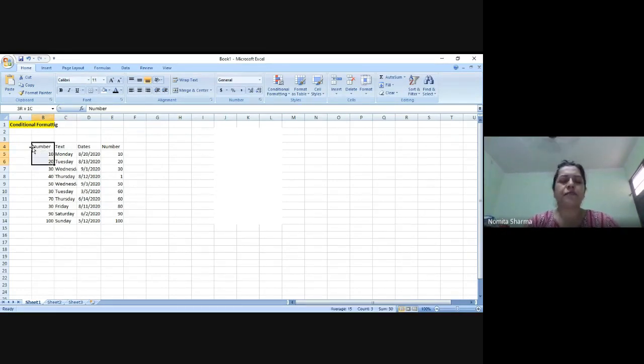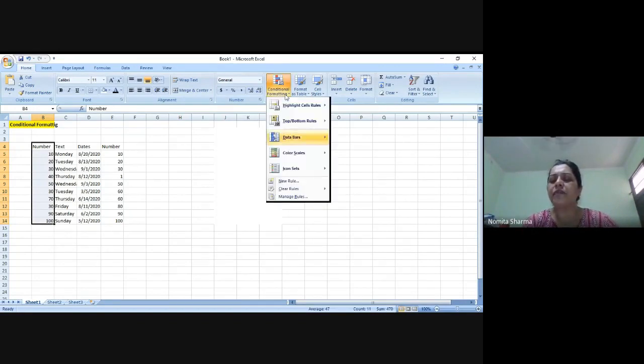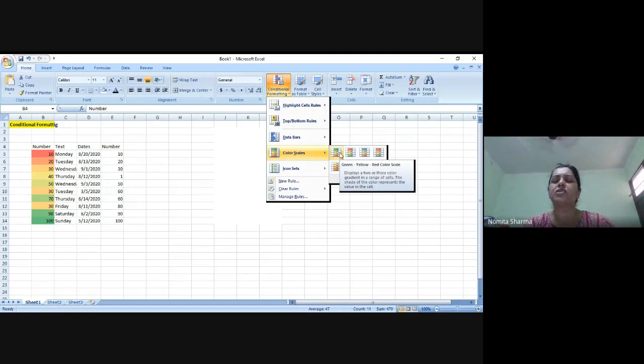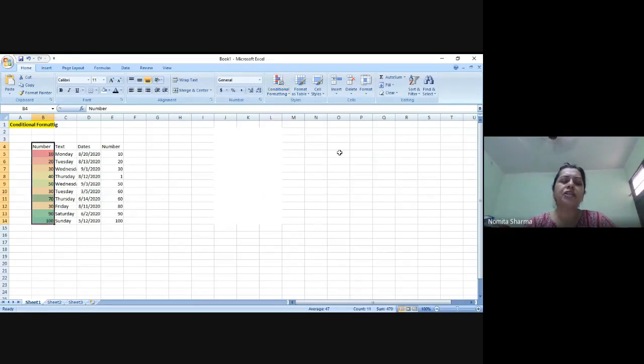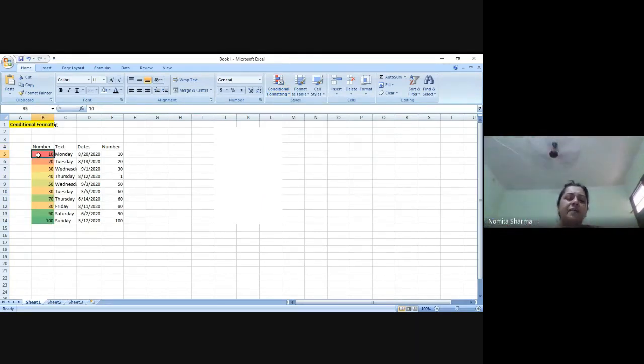Let me start the other one. So we have conditional formatting, we have color scales, we can showcase the number with the help of these colors also. Now see, what is important to note over here is that these colors will be showing as per the definition, as per a default setting. So I assume that any number which is higher is shown as a green color, or any number which is on a lower side is shown as a red color.